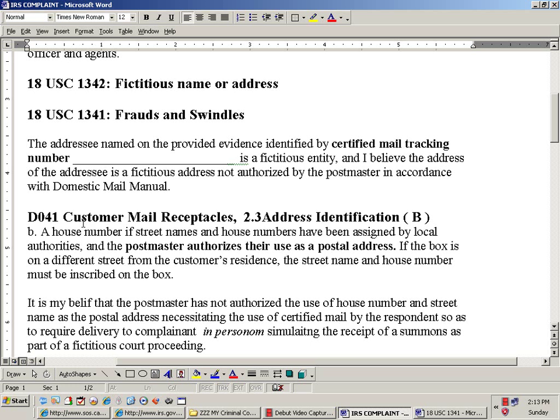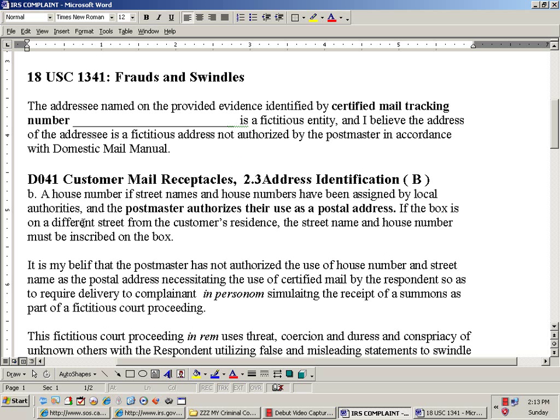If a box is on a different street, yada yada yada. It is my belief that the postmaster has not authorized the use of a house number and street name as the postal address